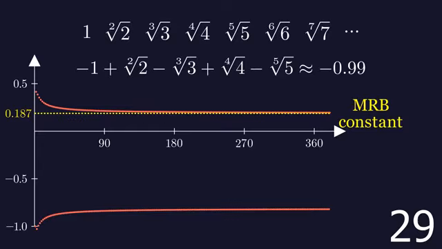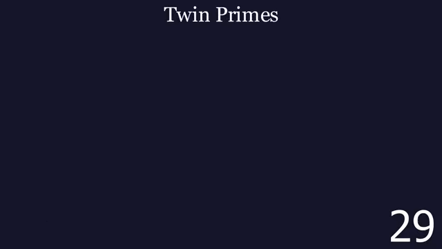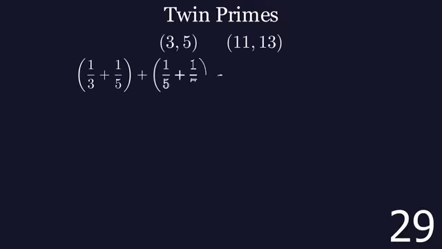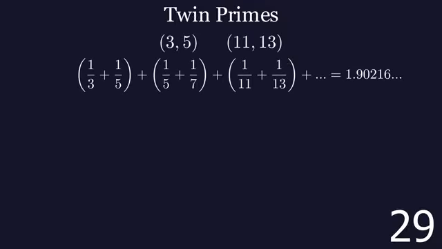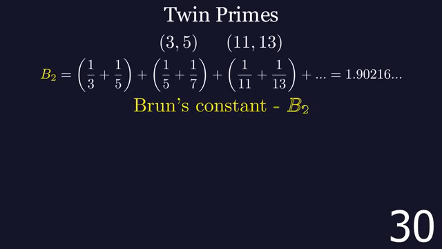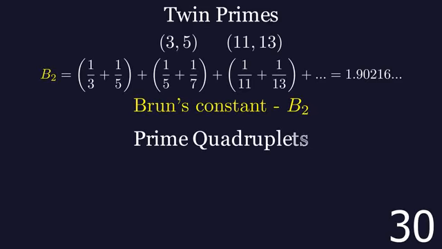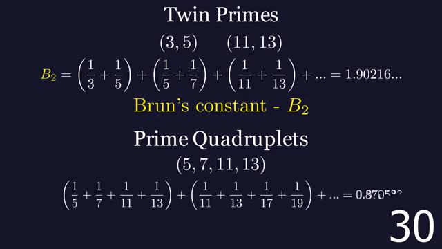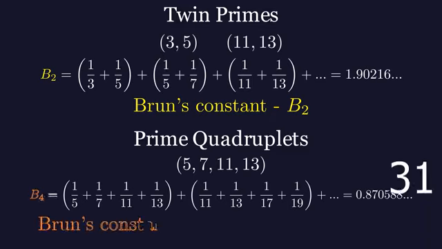by Marvin Ray Burns. A pair of twin primes consists of 2 primes that differ by 2, like 3 and 5 or 11 and 13. The sum of the reciprocals of all twin primes is approximately 1.9, known as Brun's constant. A prime quadruplet consists of 2 pairs of twin primes separated by 4, such as 5 and 7 and 11 and 13. The sum of the reciprocals of all prime quadruplets is approximately 0.87 and is called Brun's constant for